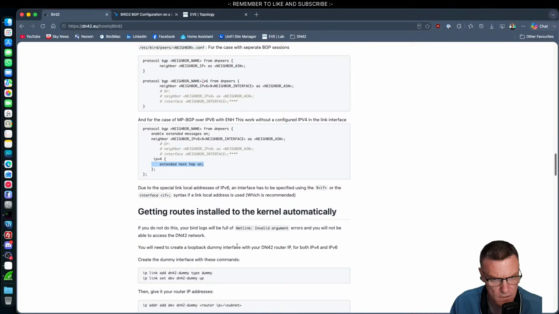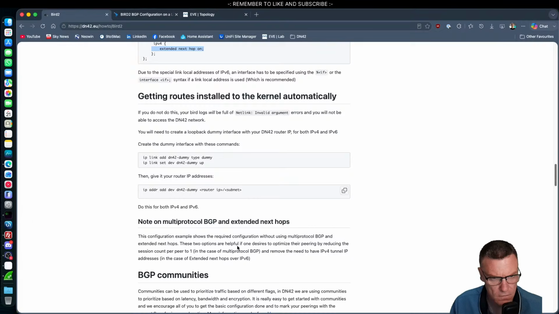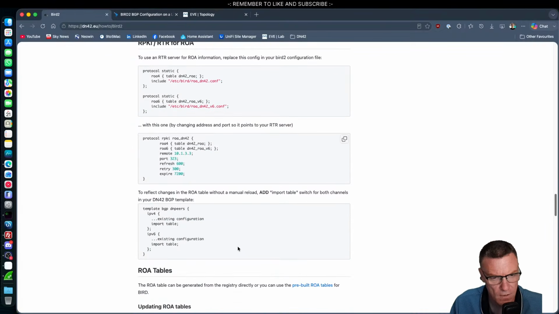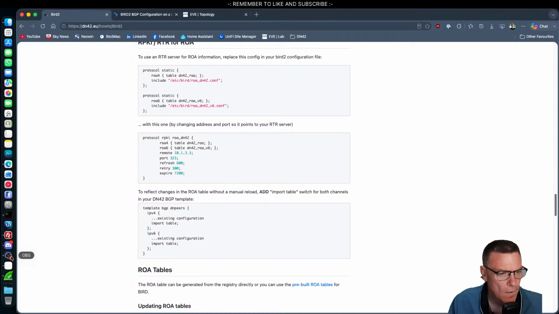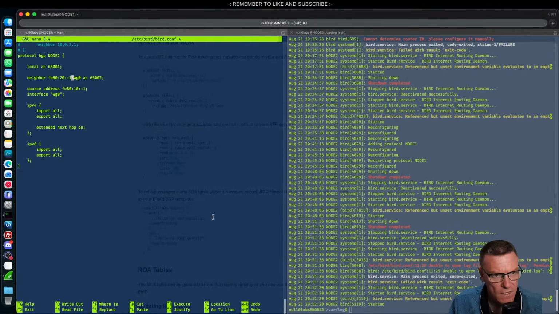We have that. We have reachability. We have reachability between the. So this side, 65001,